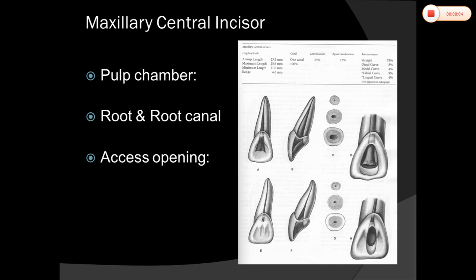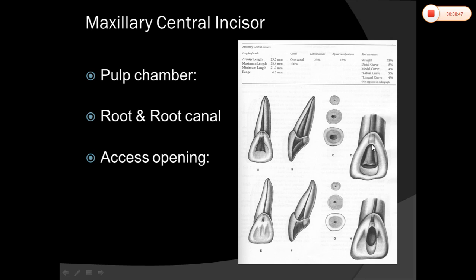In the maxillary central incisor, the root canal system outline reflects the external surface outline. The presence of a lingual shoulder prevents a direct straight line access. Hence, it must be removed. The pulp chamber is wider mesiodistally, and in cross section you can see a triangular shape. The external access outline form is a rounded triangle with its base towards the incisal aspect and apex towards the cingulum. And the mesial and distal walls should converge towards the cingulum.